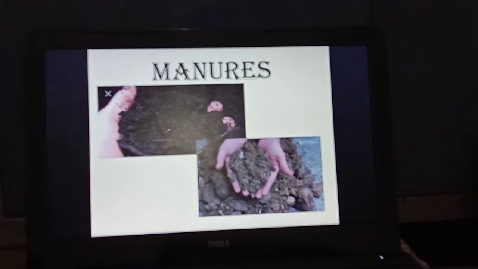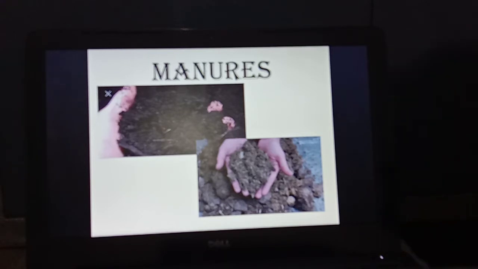Now the second type, that is vermicompost. Compost is also prepared by using earthworms to quicken the process of decomposition of the plant and animal waste. This method is called vermicomposting. Next is the farmyard manure. It is prepared from cattle dung and residues like straw, leaves and branches of the crop plants. Now the fourth point, that is green manure. Before sowing of crop seeds, some leguminous plants are grown. What are the leguminous plants? Those which produce legumes or pods, all the beans. They are a good example of leguminous plants.